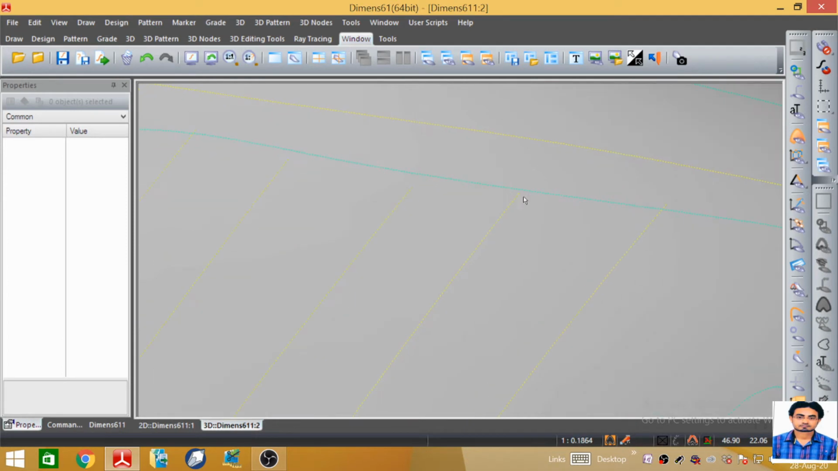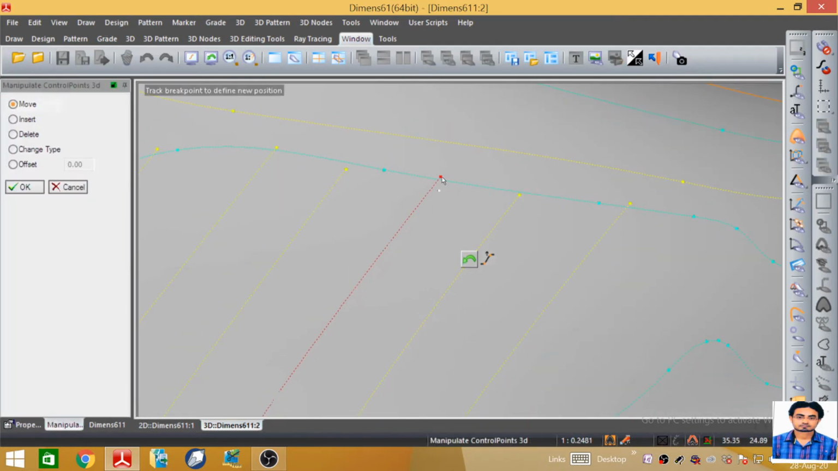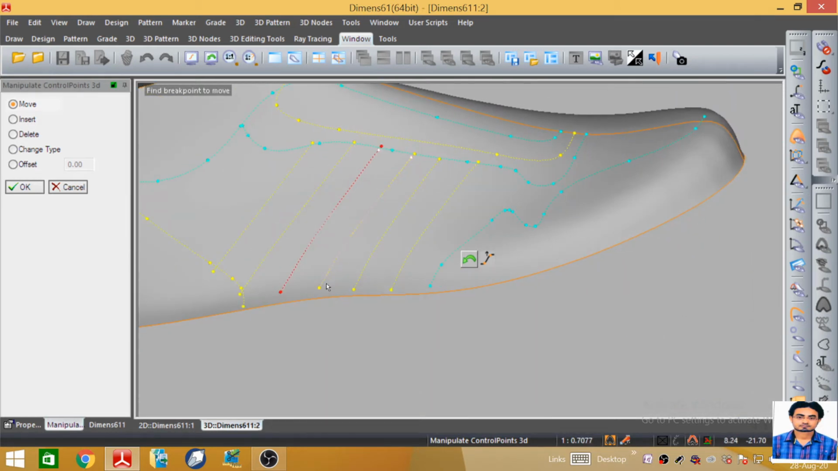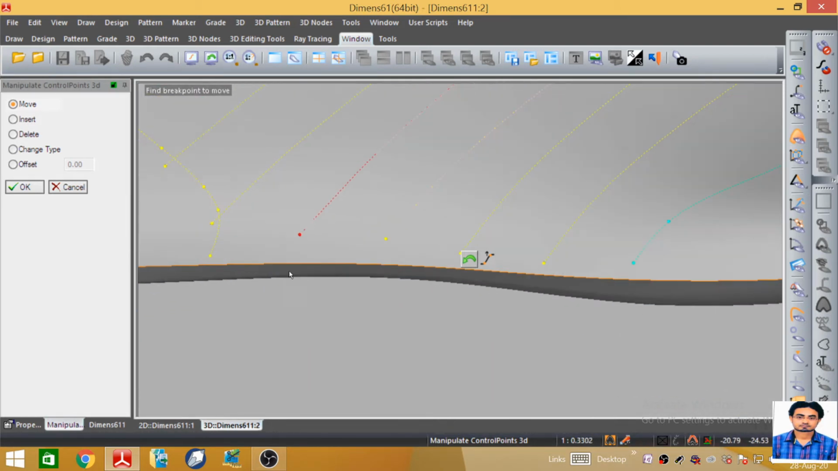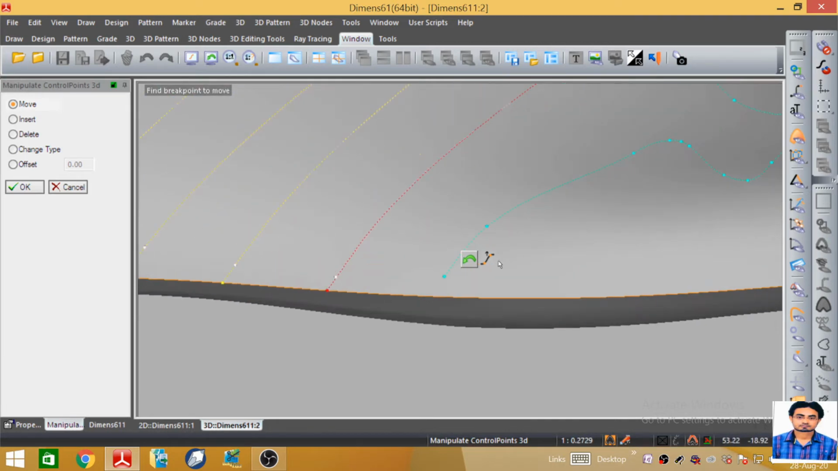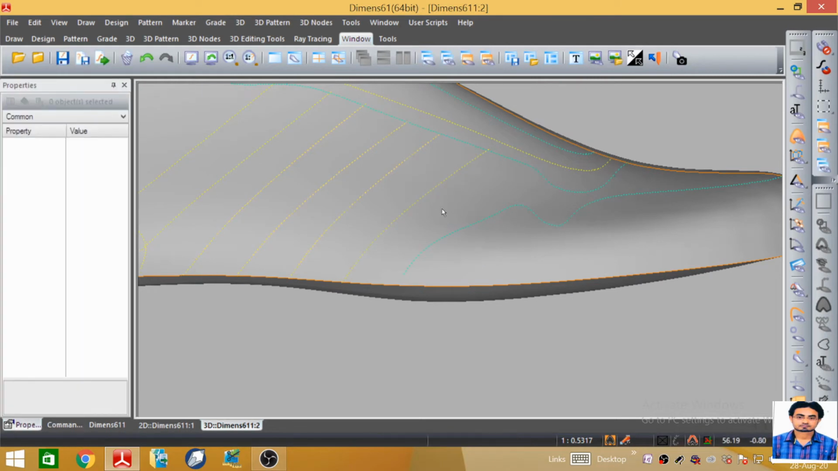Next very important thing, this is the stripe. We have to adjust this gap. There should not be any gap between the lines. Here is the gap. We have to fill this gap and join it to the hem line of this last. After joining to the hem line of this last,